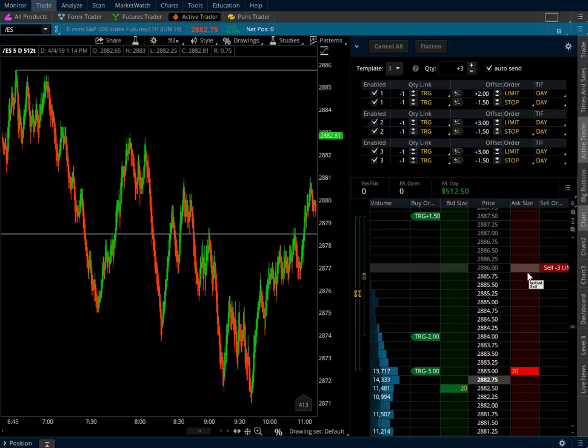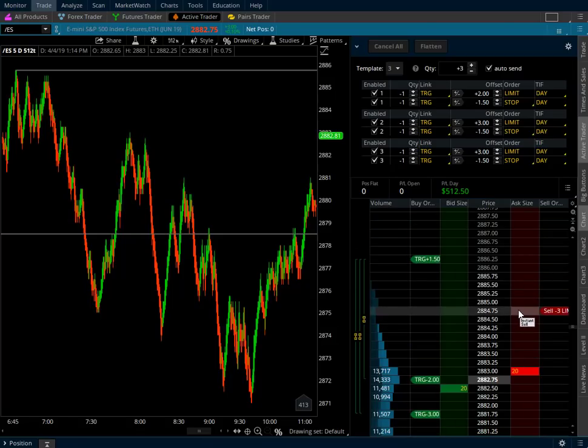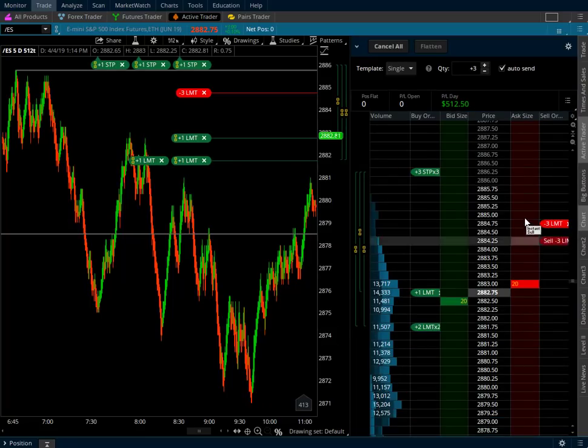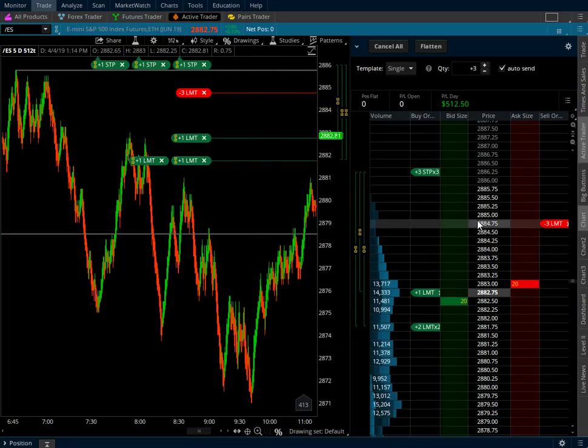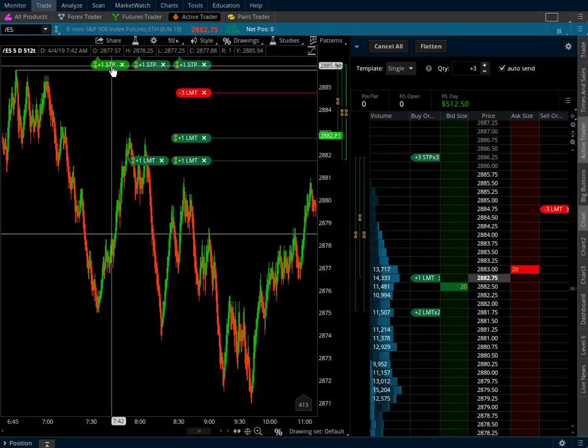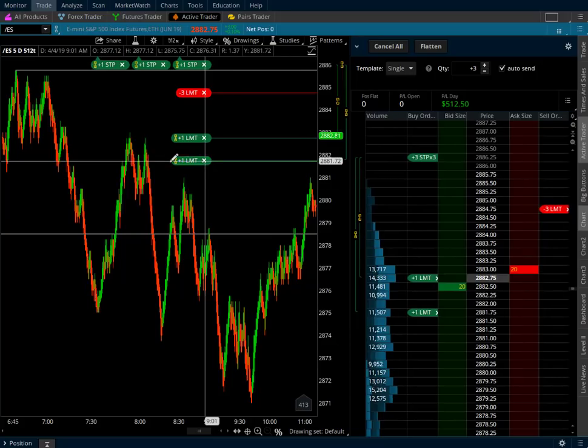Say I want to put on a short, if the market comes up to 84.75, and I click there, you notice it shows up on my chart. I've got my stop at minus 1.5 points, and I come in and delete these last